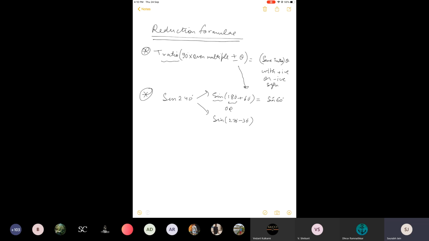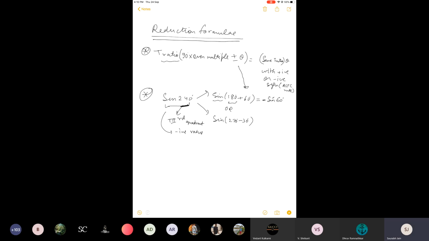Now that we have to understand. So I will put a negative sign here. And what is the reason? The reason is this angle is in third quadrant. Reason is ASTC rule. You can write here ASTC rule. That will help you to find plus or minus. Now ASTC rule means what? This is 240 degree. Angle is in third quadrant. Third quadrant sign is negative. So this value will be a negative value.